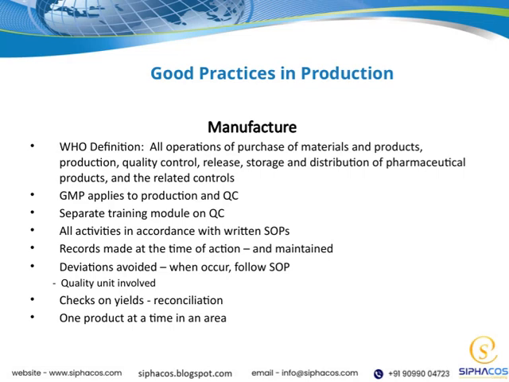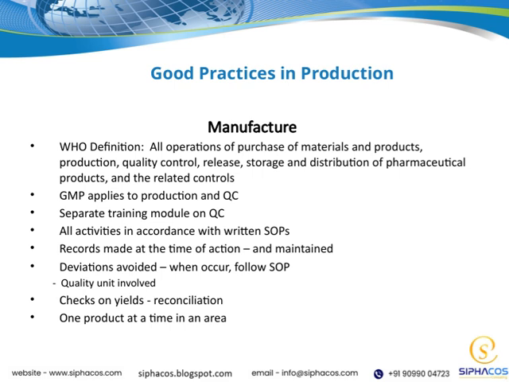Let's talk about manufacture. According to the WHO, it encompasses all operations involved in purchasing materials and products, production, quality control, release, storage, and distribution of pharmaceutical products, along with the related controls. It's important to understand that GMP, or good manufacturing practice, applies specifically to both production and quality control activities. There's a separate training module dedicated solely to quality control, highlighting its importance. All these activities must be carried out strictly according to written standard operating procedures, or SOPs, to ensure consistency and